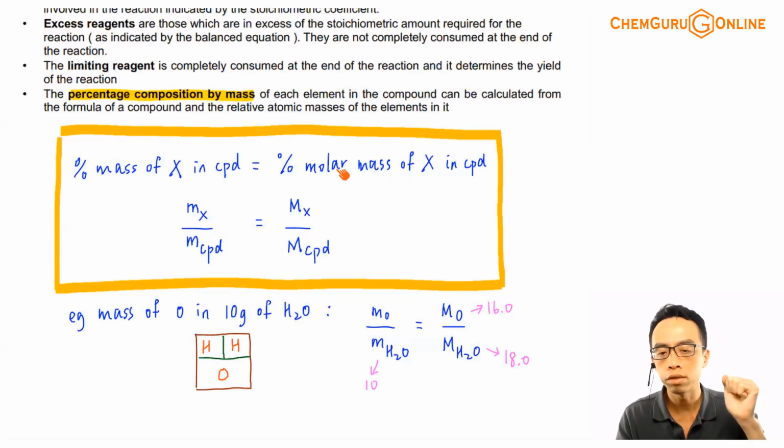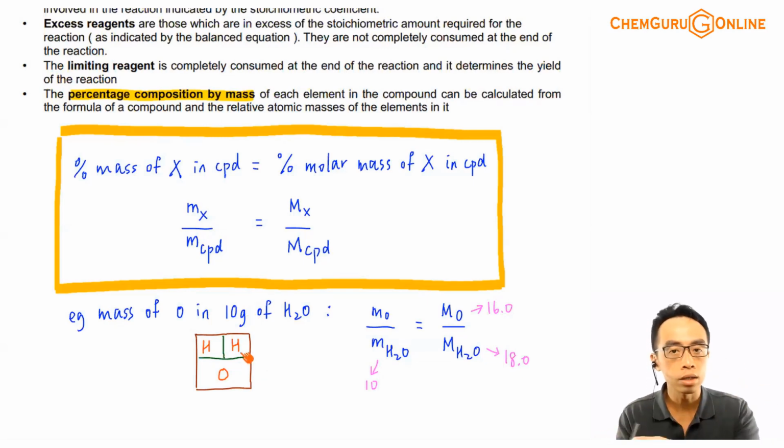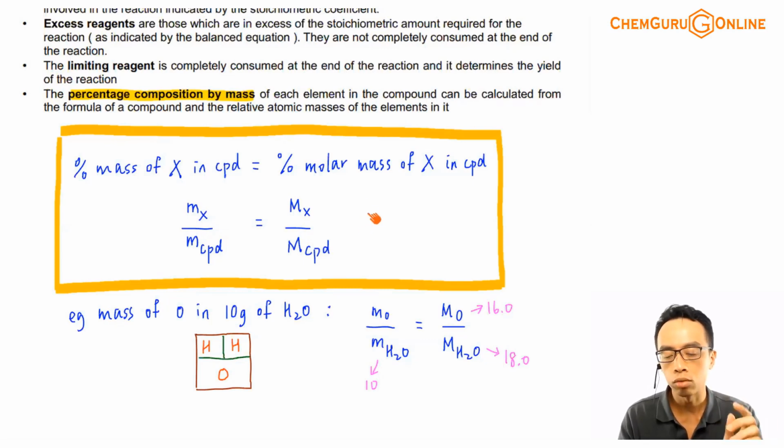So why do I want to reference this to molar mass? Because this information I can find from the periodic table, and I can do calculation involving that. So the expression is actually based on this. Basically what we are saying is, if it is a compound chemically combined together in a fixed proportion, the percentage of the element to the whole compound is fixed, regardless of the mass of the compound. So what I do is I use the percentage mass, this mass ratio for your element to your compound, and I tag this to molar mass, because molar mass, I can pull this information from the periodic table,